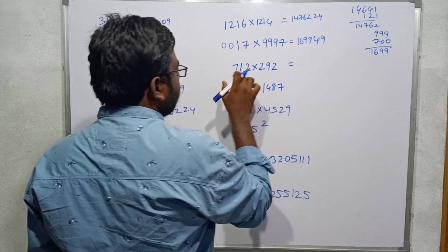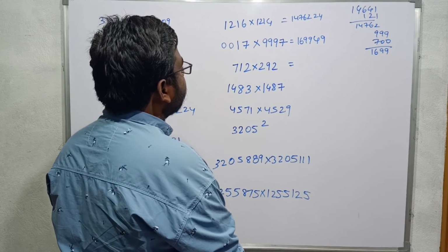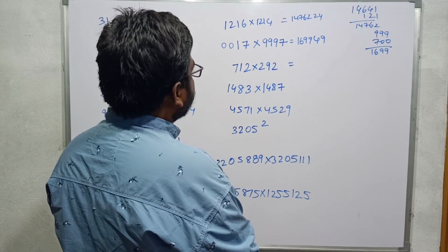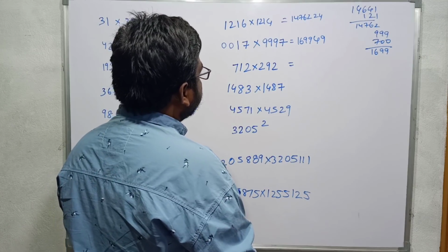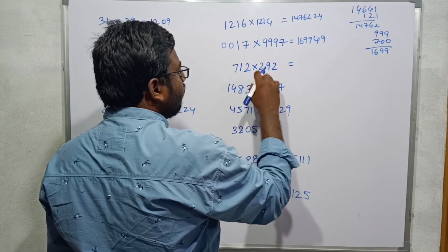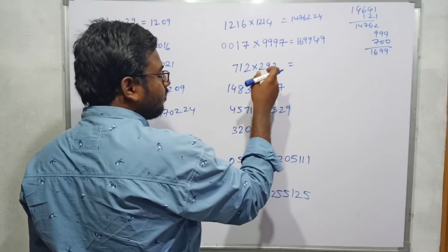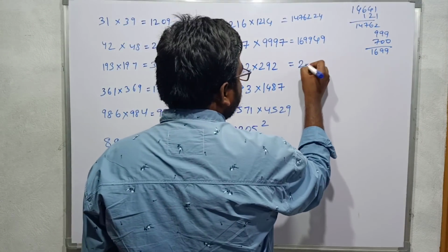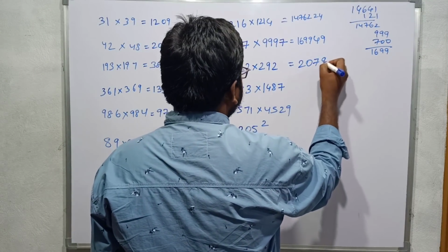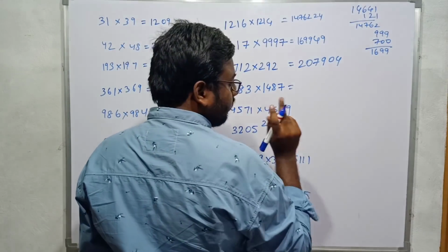7129, 2 is there, this plus this is 100, so 71 into 29, 203 plus 2, 205, 2059. 2059 plus, this is based on 100, 10. 2059 plus, that means 10 into x, 20. 2059 plus 20, 207904. 2 2s are 04, not 4, because it should be strictly a 2-digit number.